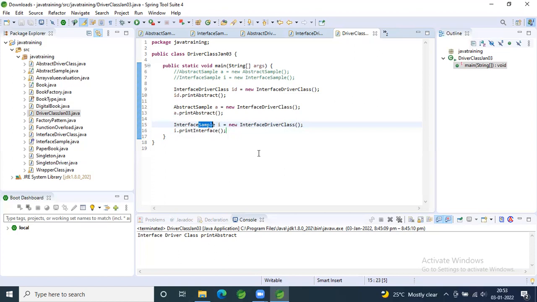In an interface, by default all methods are abstract, so if you give the keyword abstract or not, it will behave the same way. When we give private for the variable, it didn't allow it because it is expecting only three things: public, static, final. For methods, it is not that case, right? We can give any.